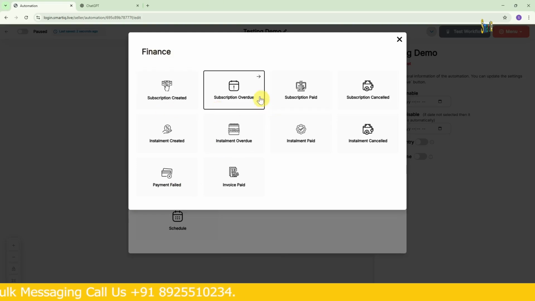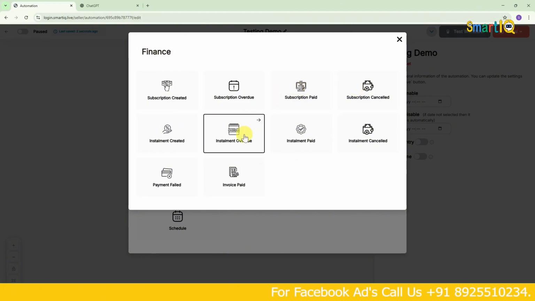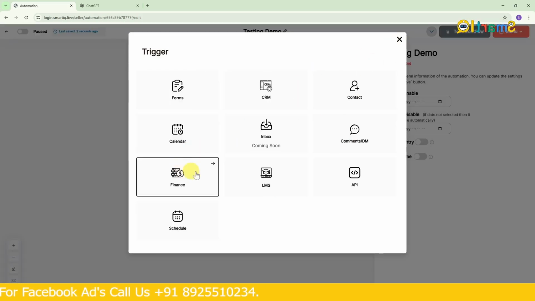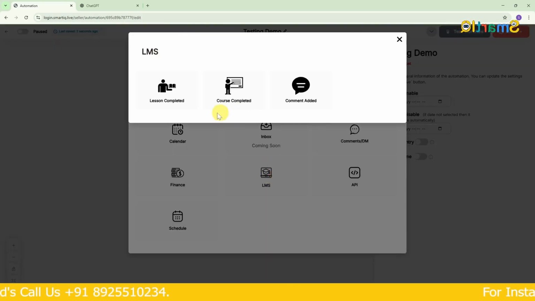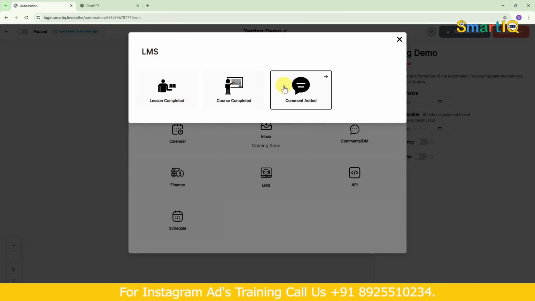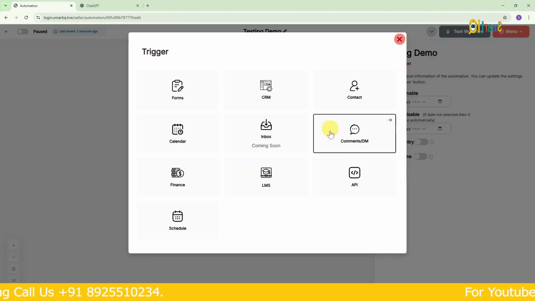It's like that. This is the coming soon option that comes under finance, which I mentioned earlier, right? Right from the start, before a subscription becomes overdue, a message will be sent. Or if the payment is done, you can send a message. Similarly, when it's cancelled for paying installments or when an installment becomes overdue, these kinds of things, all these options are available under the finance category for sending messages. Okay? Now, what this means is, say we are offering a course here, right? After a lesson in that course is completed, a message will be sent to the students. Similarly, after the course is completed, if we want to send a message or add some feedback for them, we can set it up so that the students receive that message.